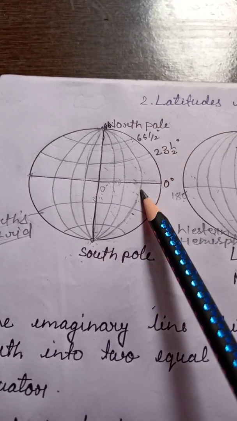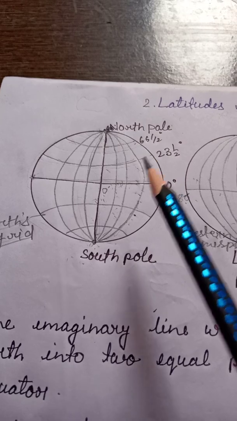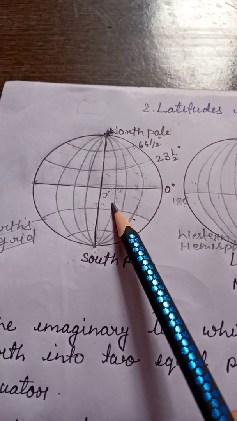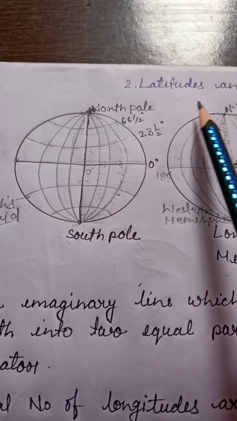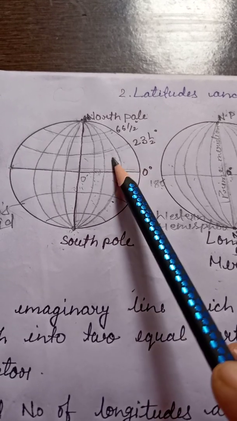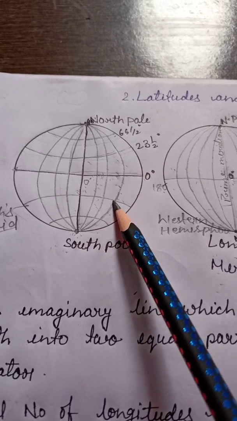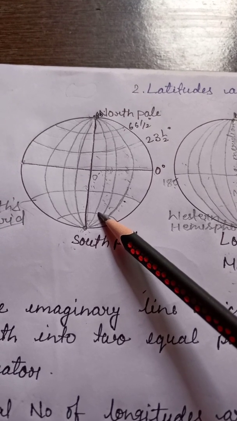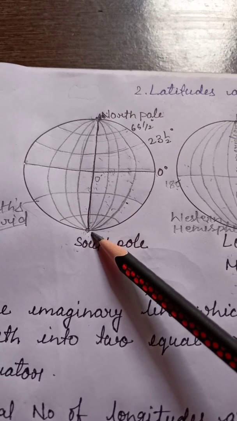To understand things about the earth, we draw a globe, and on the globe we draw all the latitudinal and longitudinal lines to understand things clearly, right? Clear? Then you will see what is the need of latitudes and longitudes, why we draw latitudinal and longitudinal lines on the globe. Children, through latitude and longitude we are able to find the location of a place perfectly and accurately.